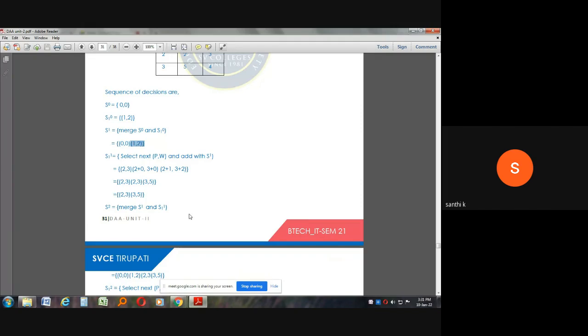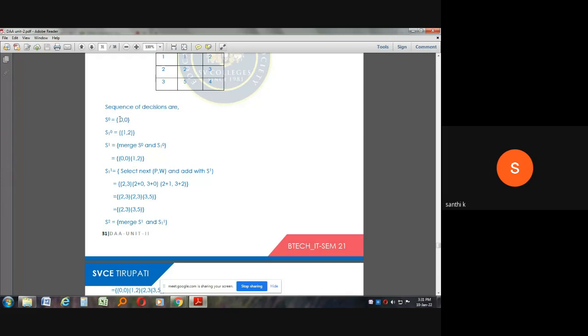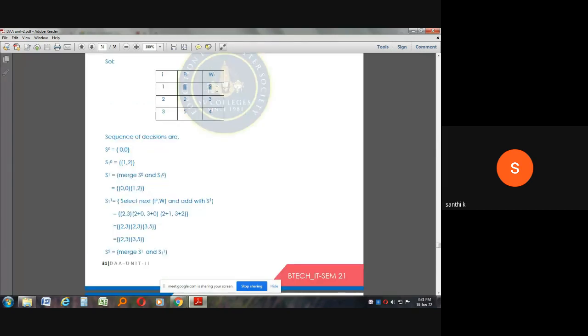Now can we place the first object or not? We need to check. So in order to do that, is 1, 2 present in S1 and is it present in S0 or not? S1 లోను దాని ముందు సెట్ లోను ఉందా లేదా చెక్ చేయాలి. So 1, 2 belongs to S1, whereas 1, 2 does not belong to S0. So it is present in S1 and it is not present in S0. So we are going to consider that object. That is, we are going to place the first object. So the first object profit and weight is 1, 2.